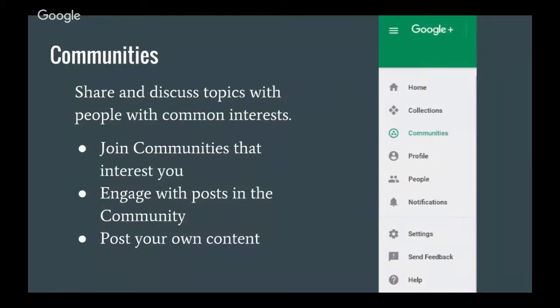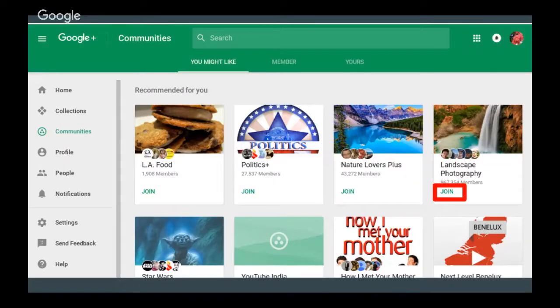And then, again really briefly, the other thing you can do is join a community. That not only lets you see information about your interests, but lets you meet other people with similar interests. So you just click the communities option on the left menu. It takes you to the communities page where you can find communities you can join. Again, you can do a search for a community by topic. You can join the community right from the search results.